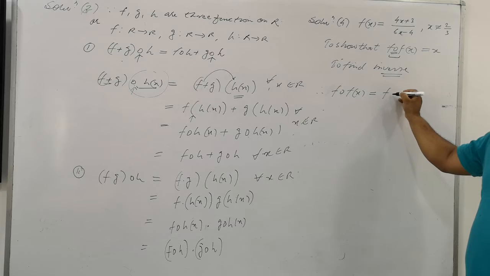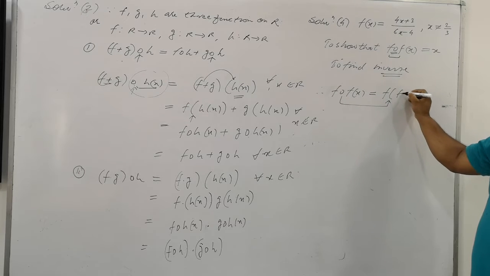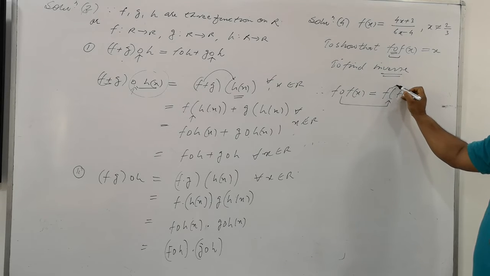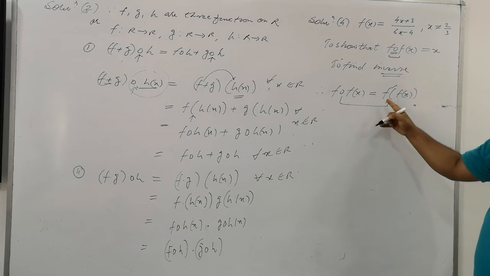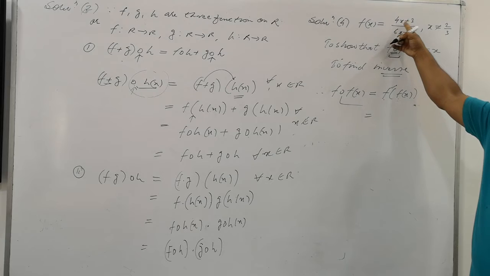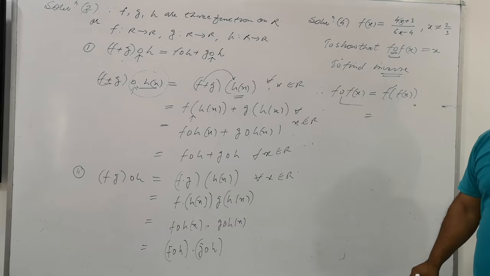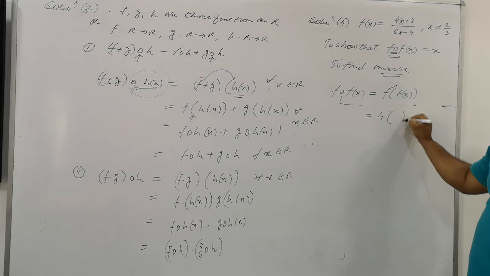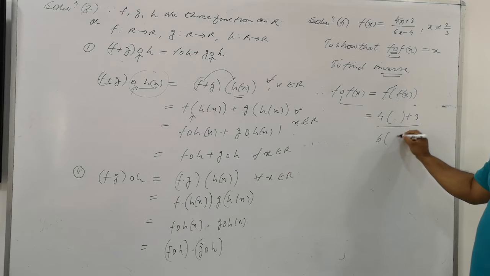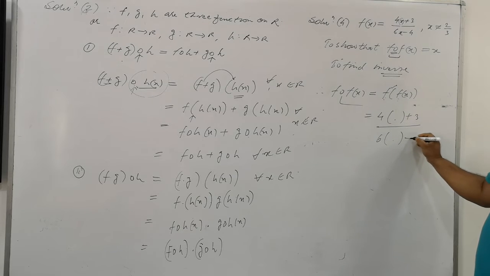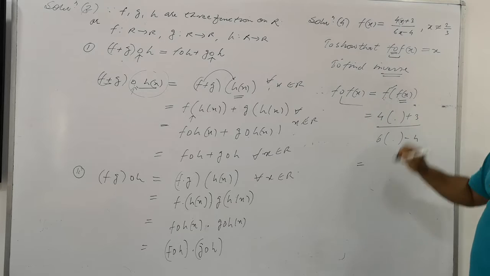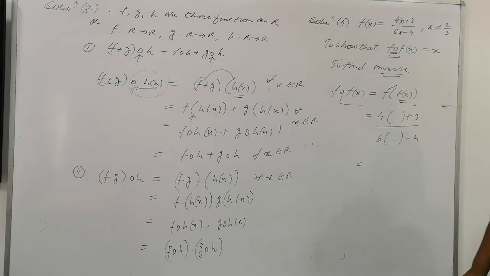This can be written as f composition f of x. Can we write this one? However, first, does the outer function need to be solved or the inner function? The outer is to be solved here. Okay. So what is the function here? Please tell me. The function is this, and where the domain is there, you have to leave the places. The function is 4 into domain plus 3, and 6 into domain, which is also to be left here, minus 4. Okay. Of this function, what is the domain? f of x is the domain. What is f of x?